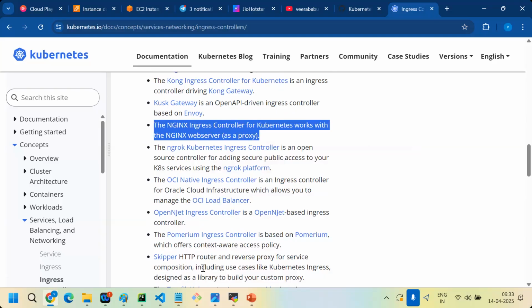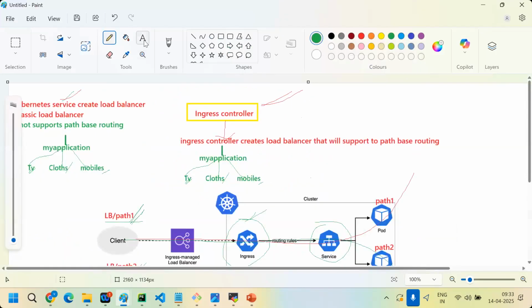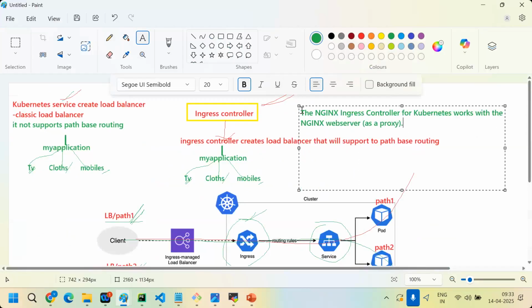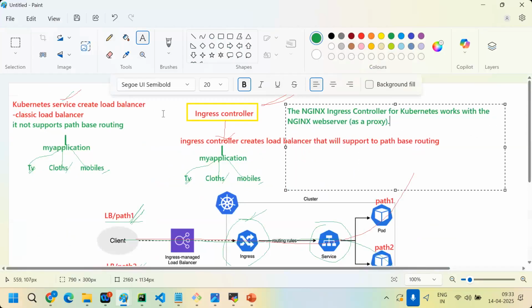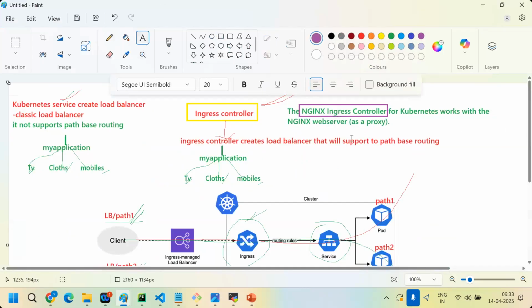We are using this ingress controller as a controller. We have different controllers available in the market. I'm taking the Nginx controller here. Or you can take the AWS load balancer controller also, a concept recently implemented.